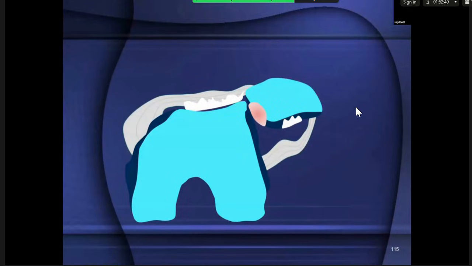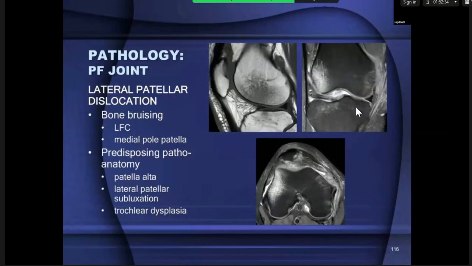And then it pulls it back, so you get subsequent relocation. What we tend to see in MR, because we are not seeing that sort of a nice moving image, are the effects of what had happened. So this side is the lateral side. That's the patella. We can see significant soft tissue injury on the medial side involving the medial patellar retinaculum and